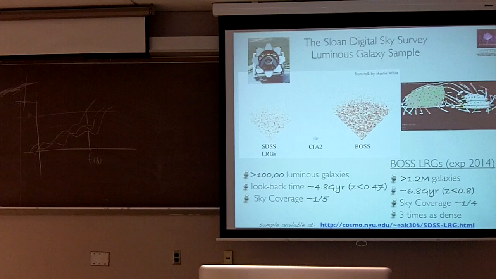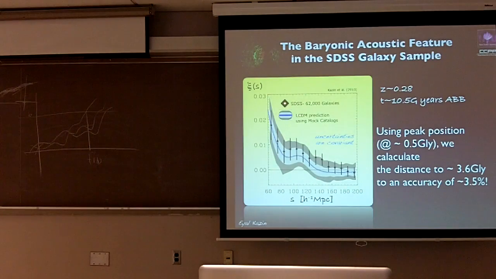In BOSS, the bottom line is we're going to get a much larger volume of the universe. I'll later talk about cosmic variance and explain why we want larger volumes, but we're just going to get a bigger chunk. But are you still going to keep the same sky area? You're just going to look at more data in that same slide, right? So sky coverage, it's going to be similar, just about 20% more, but yes, we're going deeper.